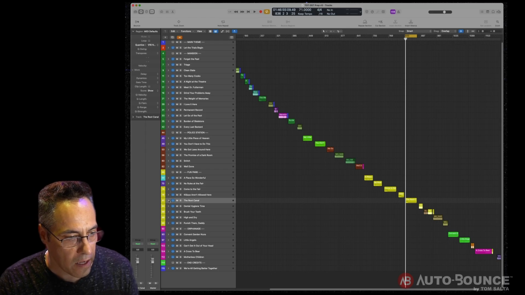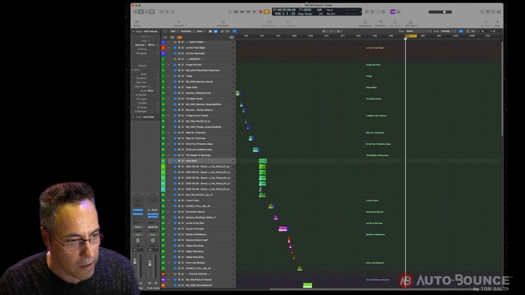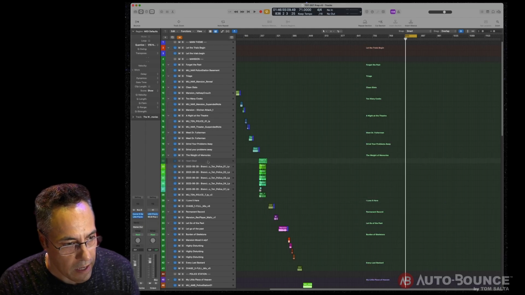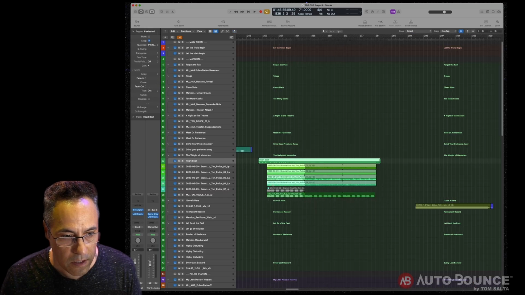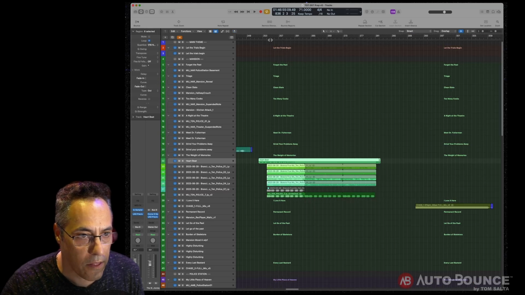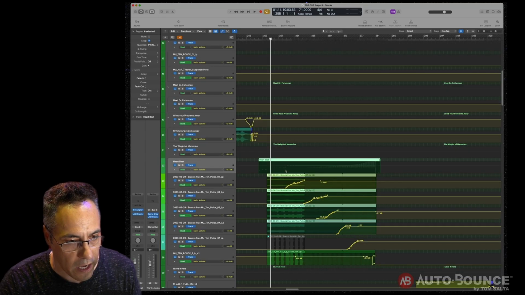So if I expand everything, I can quickly identify right here, this one, the weight of memories, is a combination of all of these combined, and that's really because it works in the game that way. So let me just show you how I expand upon this, and these tracks are layered together. Now, you might say, well, why are they all playing at the same time? Well, because they are actually used as tension layers, and you can kind of see here that I put some